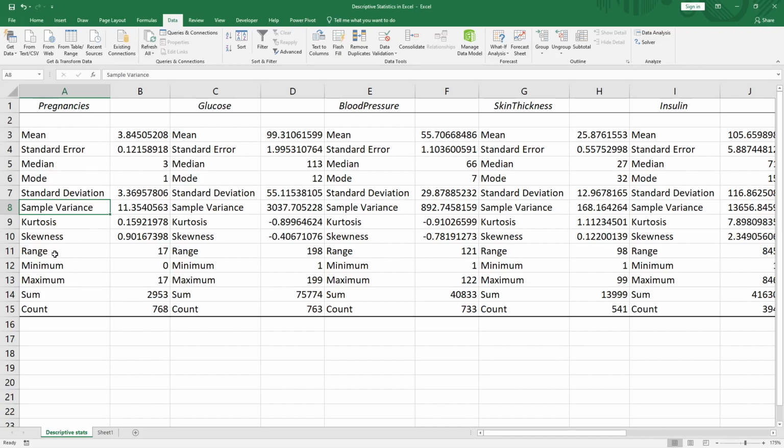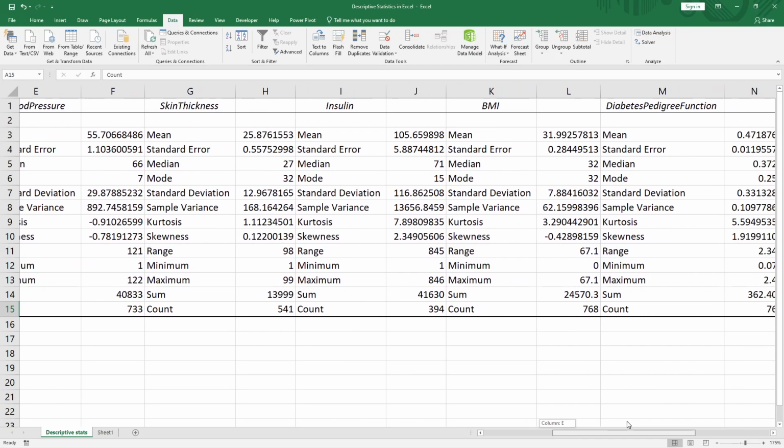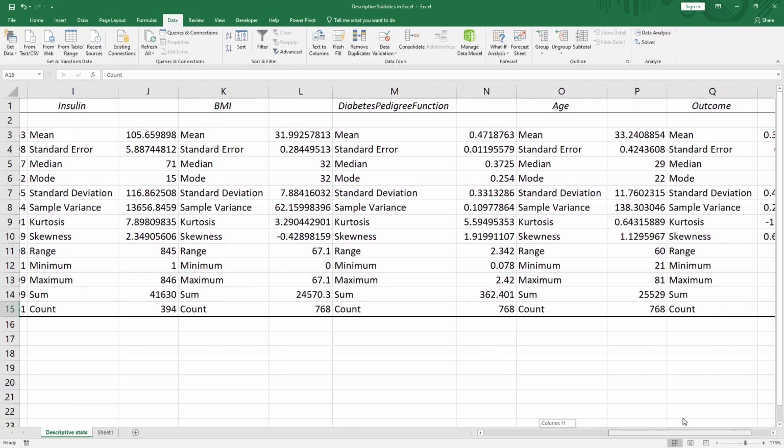So these are the statistics that are available as soon as we run the descriptive statistics. And one simple analysis that we could do here is the count shown for each column. It is 768 for pregnancies, 763 for glucose, and 733 for blood pressure. When I move ahead, you can see that the count varies with the column.